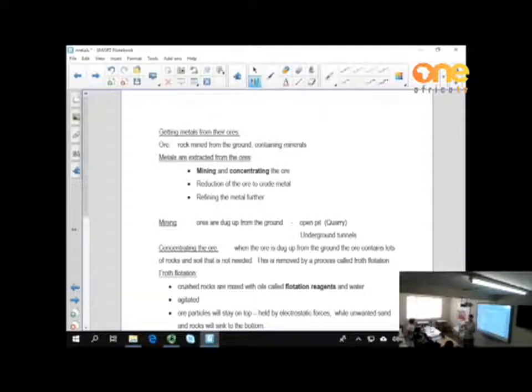All right, and then later on, when technology had gone slightly further, they realized that now we can extract iron as an element to be able to use. Okay, so